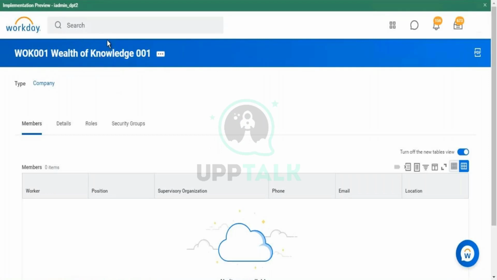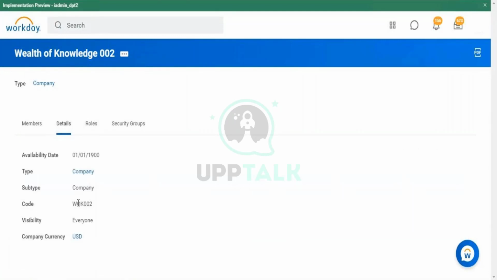But for the other organization, I had ticked this up. Work 001 is prefixed here because I had checked include code in the name while creating this organization. Even though work 002 is not prefixed here, I still have it. The code is still tagged to this particular organization. But again, obviously this is a business decision. We will have a unique code to it, but the uniqueness of this company is basically